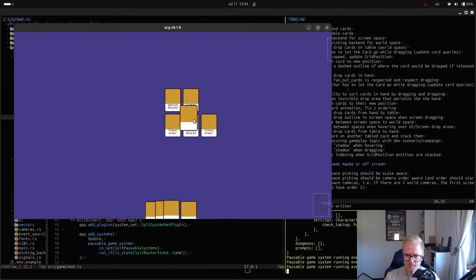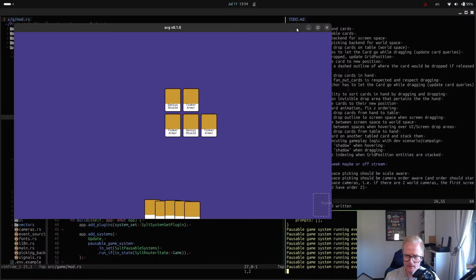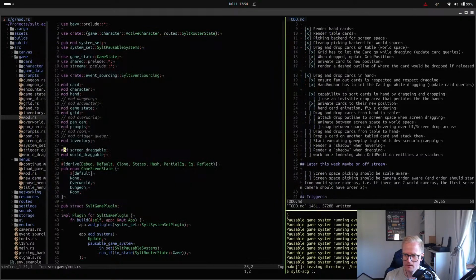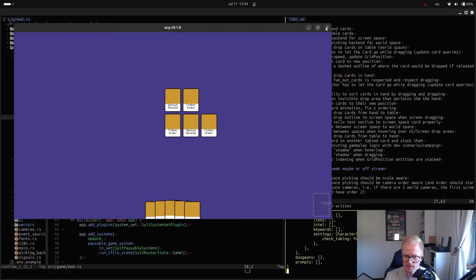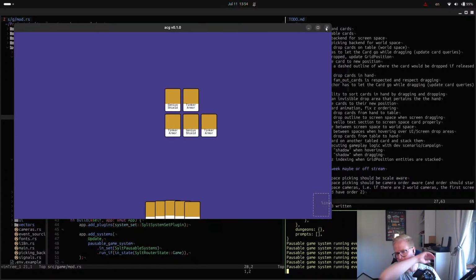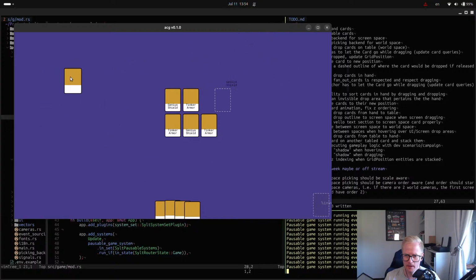What else? I can fix the text also while I'm at it. Attach a text section to screen space card. Properly. Okay. What else? What else? Okay, so here, when I release the card,